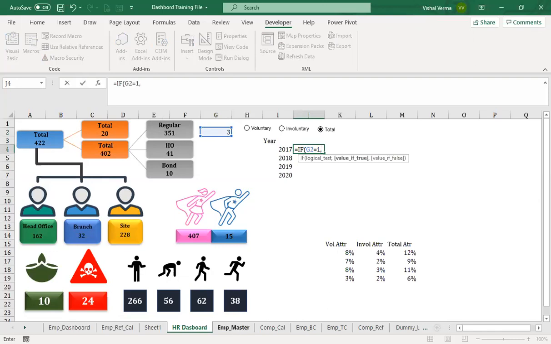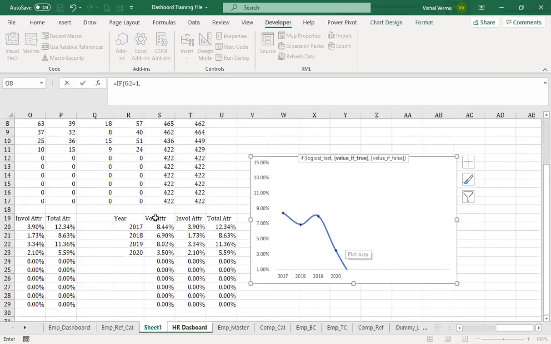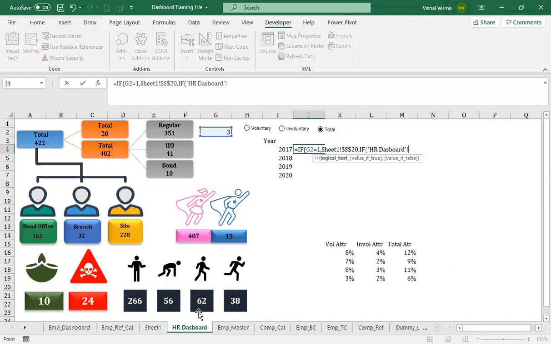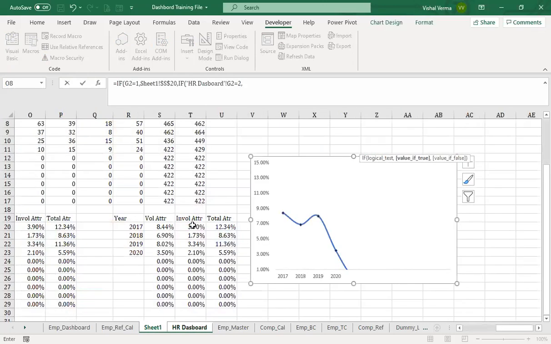Okay. So let's connect it to the sheet that we are preparing. So it will be giving this, else if this is equal to 2, then we need the data related to involuntary attrition, or else give me total attrition.